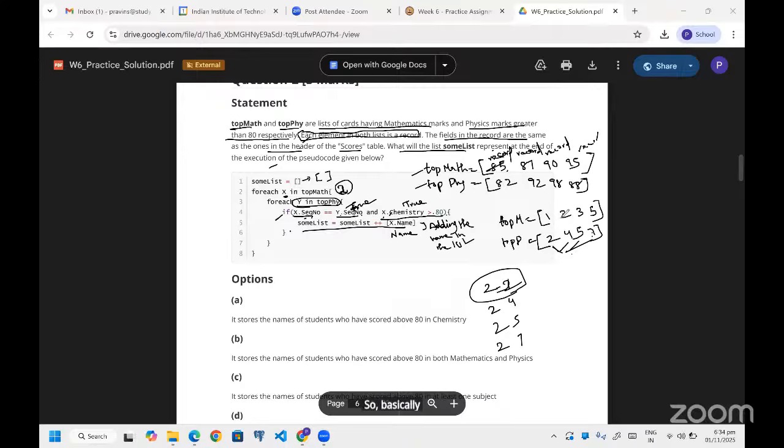So basically, this student who topped in maths should have also topped in physics, and should have also topped in chemistry, because it's checking the chemistry condition. If he or she has not topped in chemistry, even though they topped in both top physics and maths, their name won't be added to this list, right? Because it's an and condition. Yes.